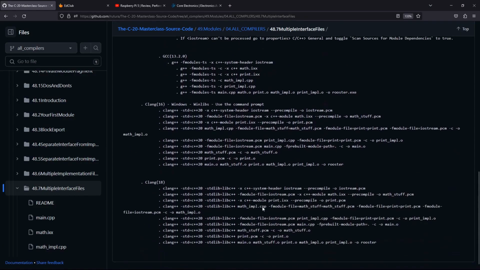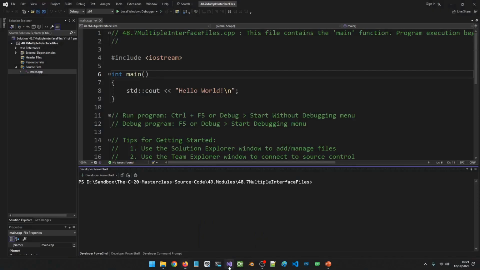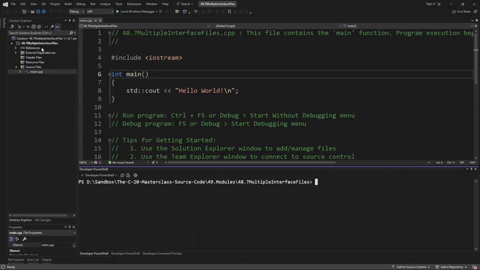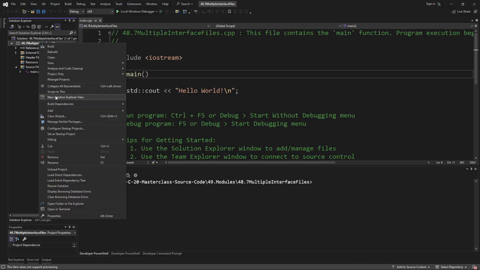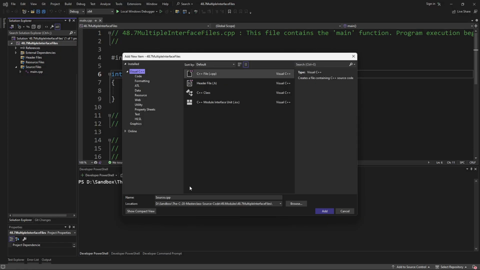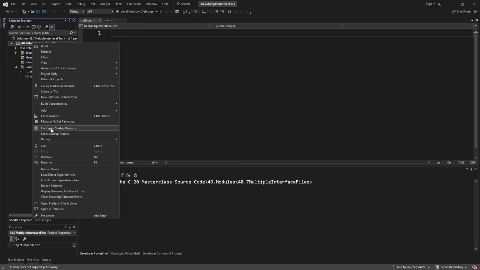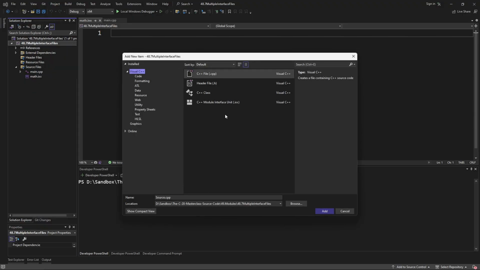Let's do this inside Microsoft Visual Studio. The first thing we need to do is to create the files. So let's add our interface files. The first one is going to be math.ixx. The second one is going to be print.ixx, the interface file. So let's do that,